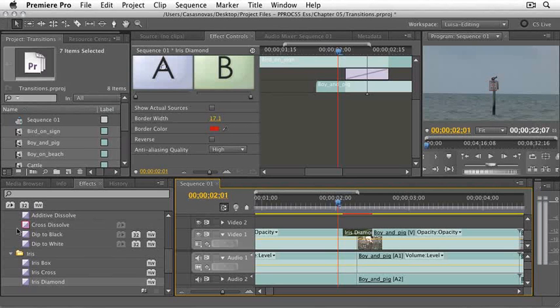Notice that one of the transitions in here, the cross dissolve, has a red outline on the side of this icon. That is your visual indication that this is the default transition. So this is the transition that is going to be used whenever I add a transition automatically or through a shortcut. For example, I could add a transition through a shortcut in here